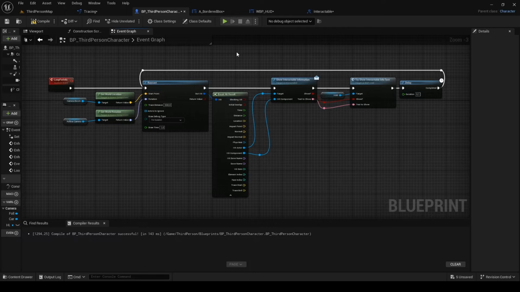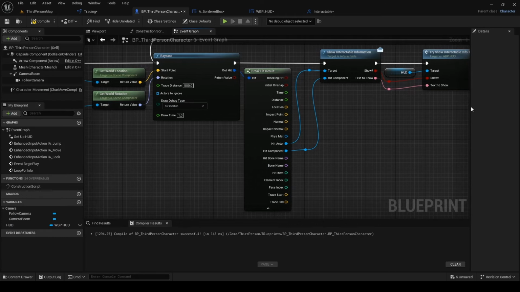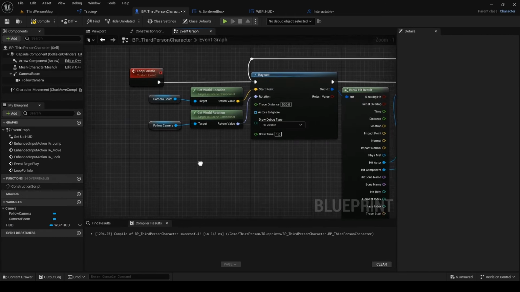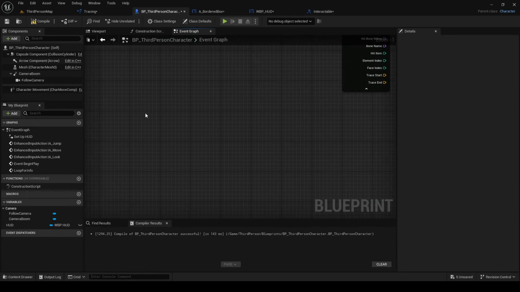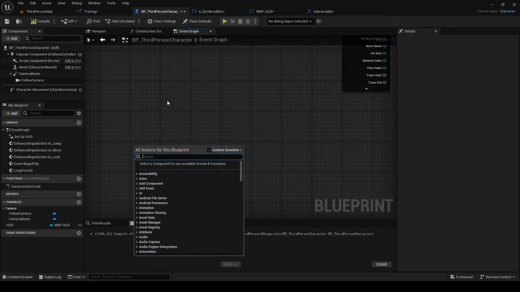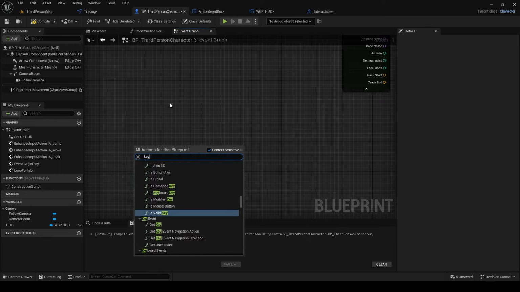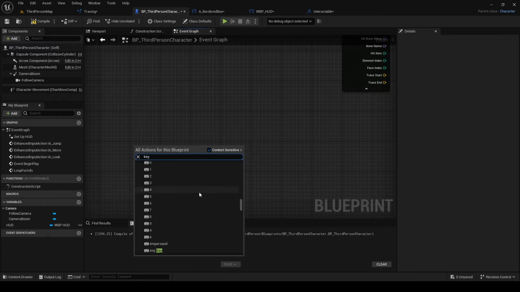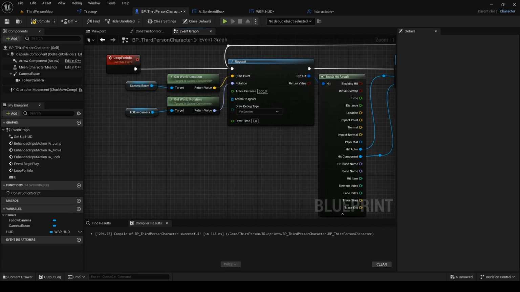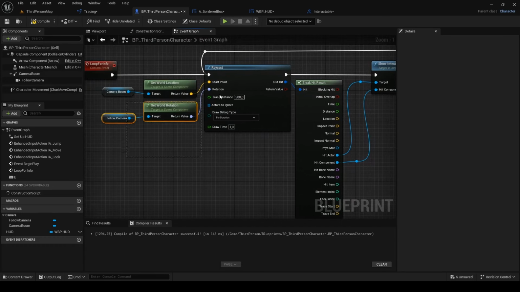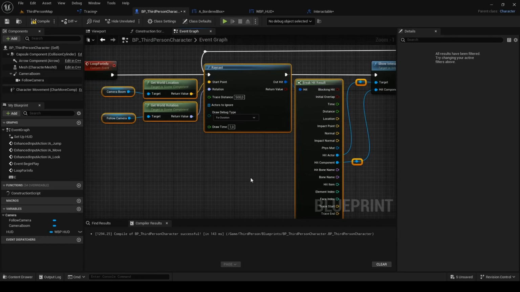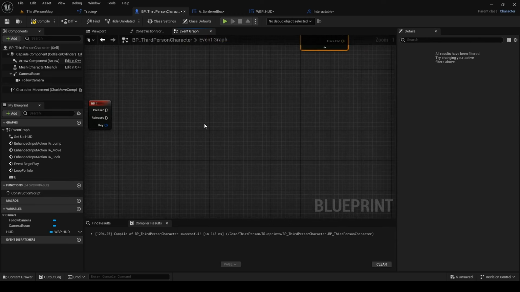It would be also good to be able to make interaction with another object, so move down a bit. We'll be using enhanced input system later in this series. For now, just search key and add the one you want to use for interaction. I use E key. Now go up to loop for info, copy all raycast related nodes and paste it down to E key event.